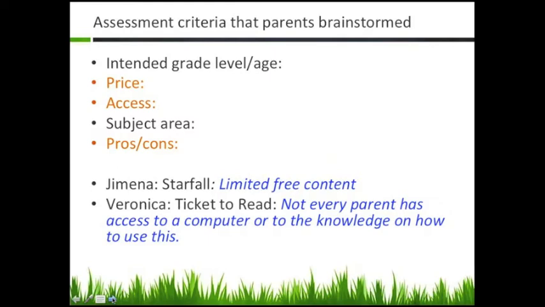Parents also noticed, like Veronica here, she was worried that not every parent has access to a computer, so she was thinking about people that she knew, because she had internet at her home. Not every parent will have this information accessible, so she was also looking at things that would be easier to access or that could be downloaded if you don't have internet, that you don't need to be relying on your data, but this is something that you can actually just download and have. What were the subject areas that were supported, and what were the pros and cons? So these are, again, some of the criteria that parents brainstormed.